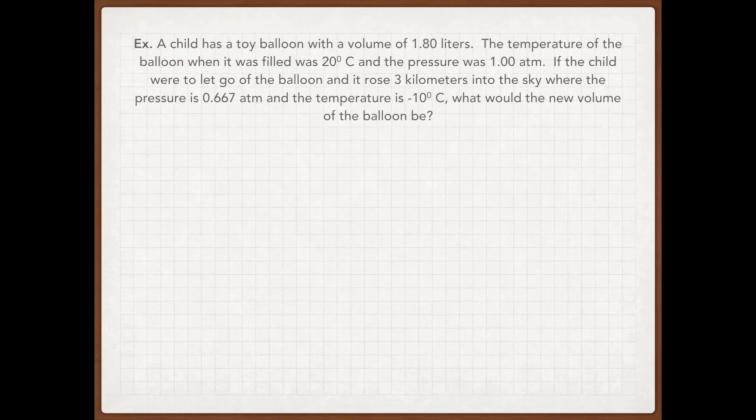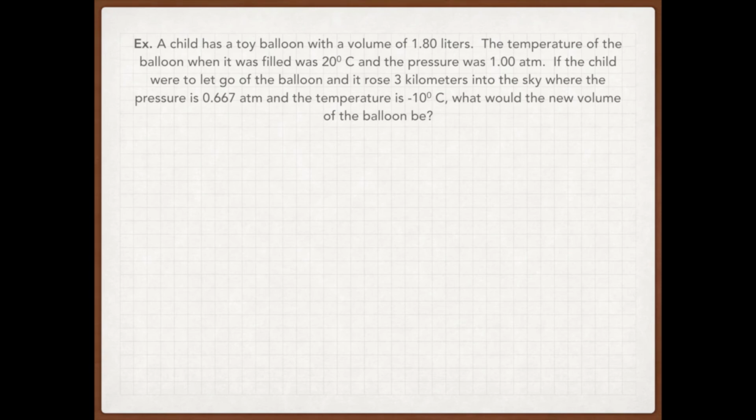In this problem, it says a child has a toy balloon with a volume of 1.80 liters. The temperature of the balloon when it was filled was 20 degrees Celsius and the pressure was 1 atmosphere. So I've got three variables now. Let's make sure all three of those change. If the child were to let the balloon go and it rose 3 kilometers, extra information that you don't need to know, we don't really need to know how high up it goes, but notice the pressure changes to 0.667,